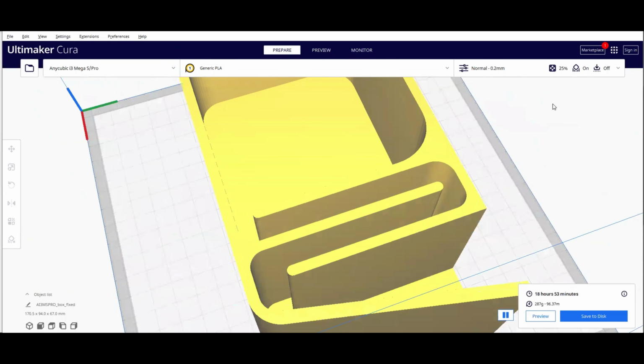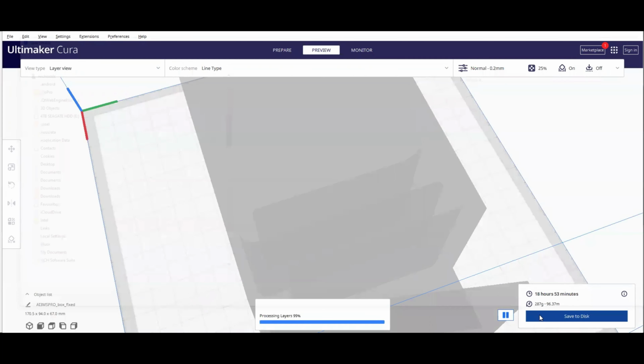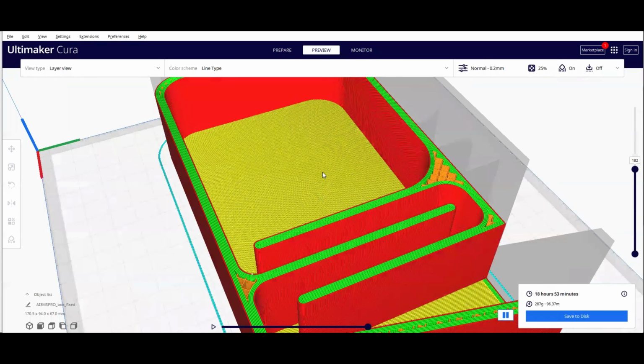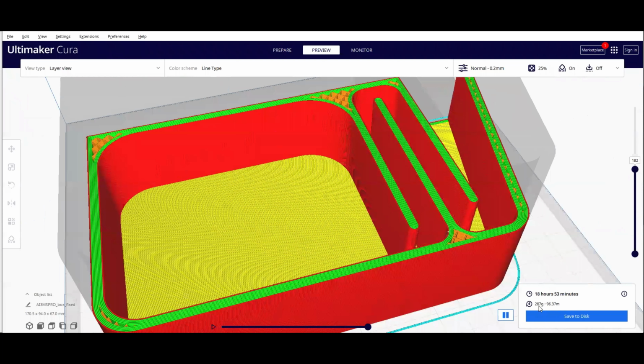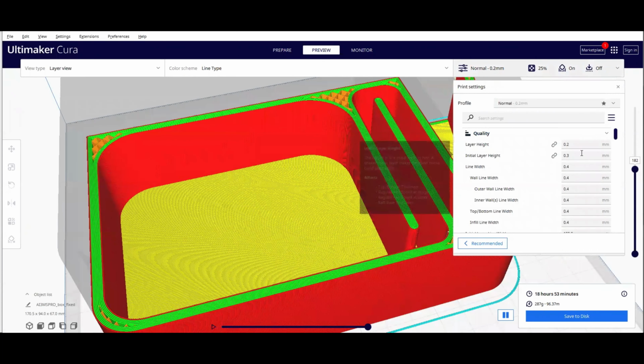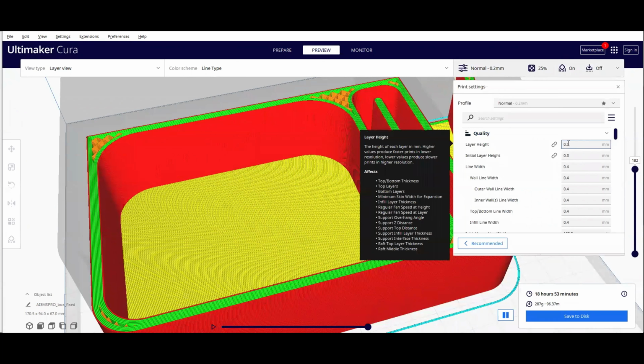Now it's quite thick. If I was to press the preview button here. So I'll just cancel that. I could then use this sidebar to come down and look at the thickness of the walls. They're actually solid. So what I can do is reduce this, because that's 4 mil, and it's going to use 287 grams of PLA. What I can do is I can come into the settings and I can change this to firstly 0.3,